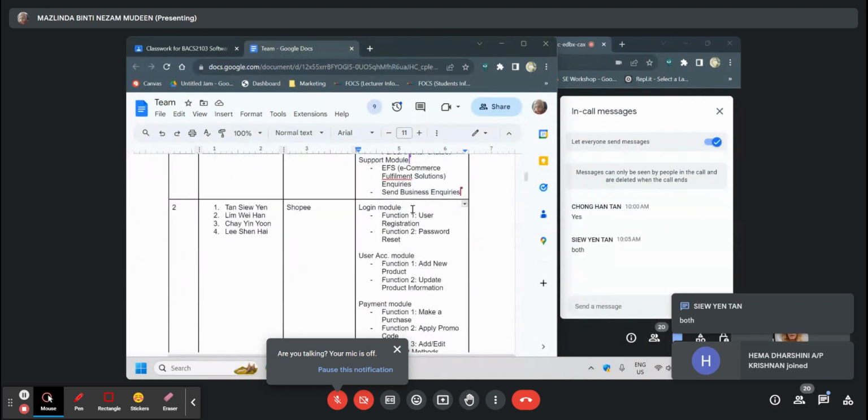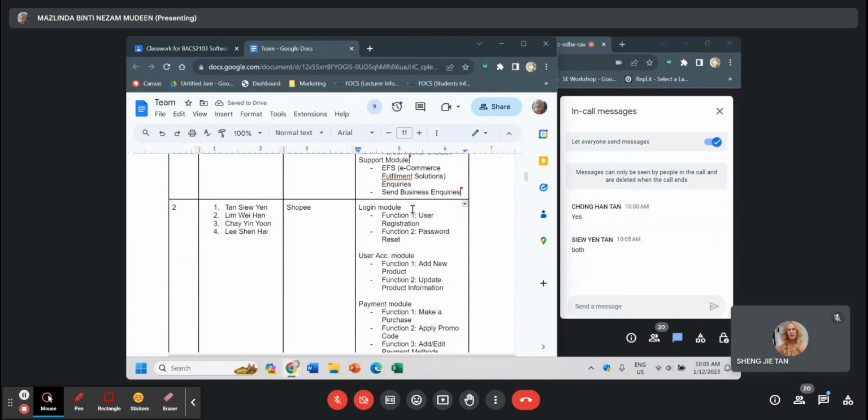Yes, you can indicate that. For example, for this login module, who you want to do it for, seller or buyer. So you can decide which side you want to do. You can also combine the modules, because on the buyer side, some modules might not give you a complete function.